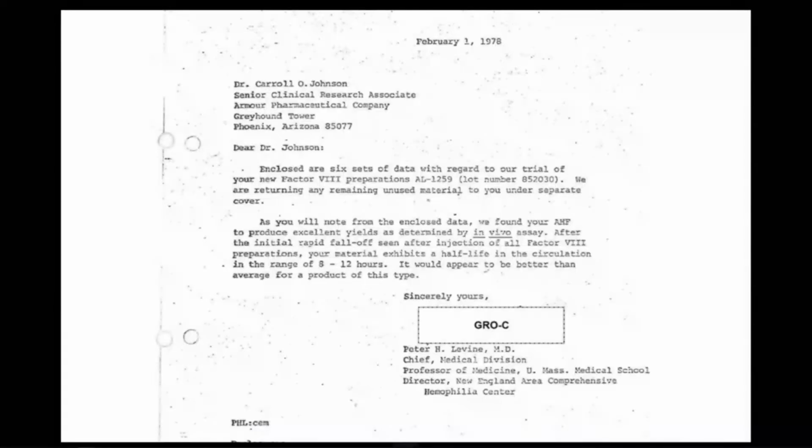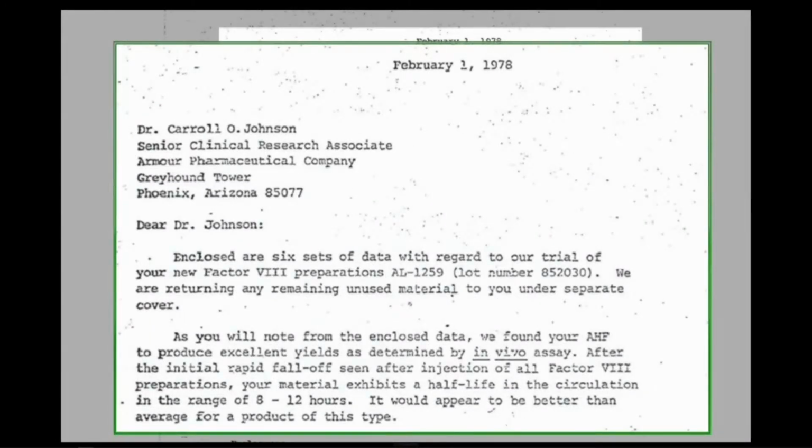So if we go to page 135, we'll see as part of the material that was included within the Irish licence application is a letter here from Dr. Levine, February 1978, enclosing trial data in relation to the product. And then if we turn to page 143,